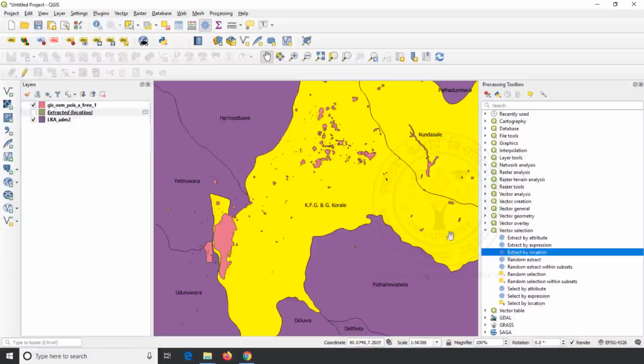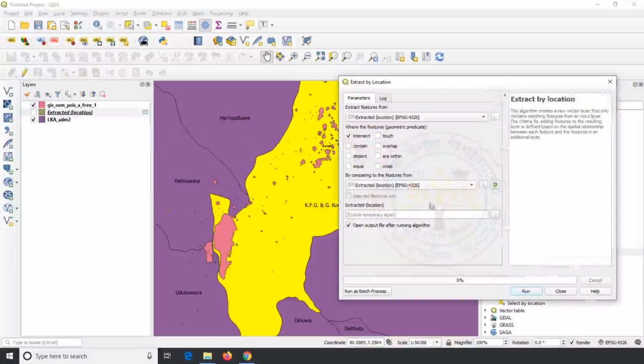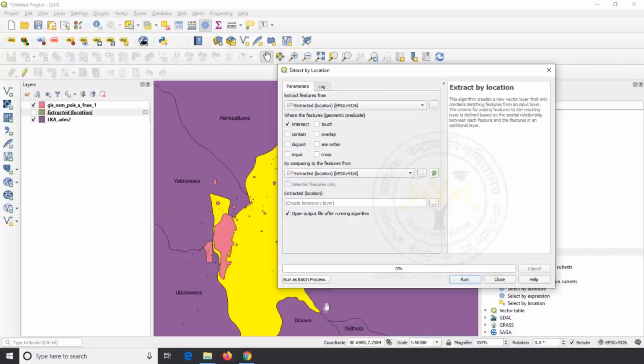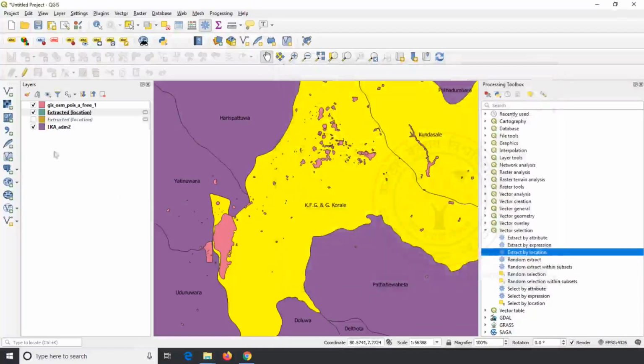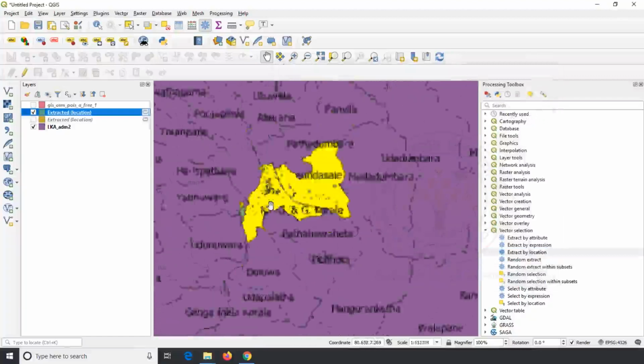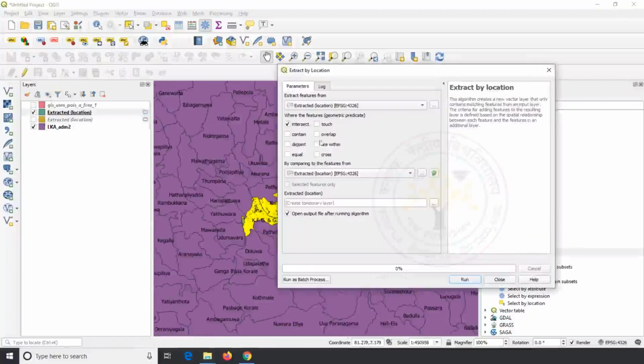If you use intersect, this polygon will be extracted in our result. Use other extraction options in the tool and see the result.